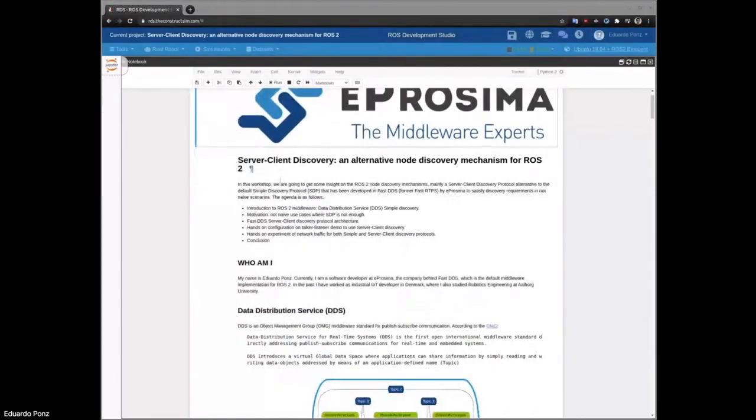Okay, so what we're going to talk about is the server client discovery, or discovery service, we have at Fast DDS, which is an alternative for node discovery mechanisms in ROS2. For that, I'm afraid I'm going to have to talk about how the middleware works. So maybe that's a bit dry for you, but I think it's really relevant for the ROS2 community right now,